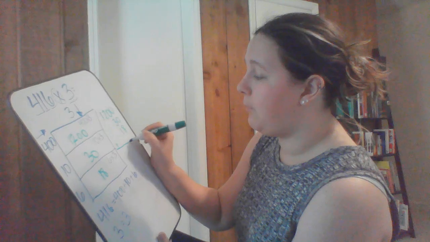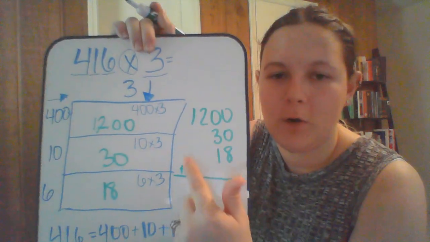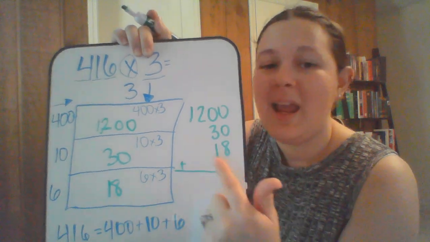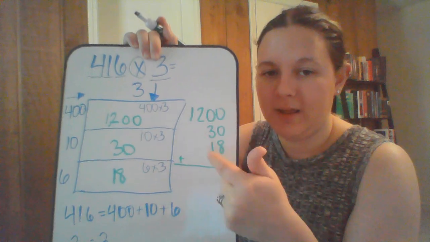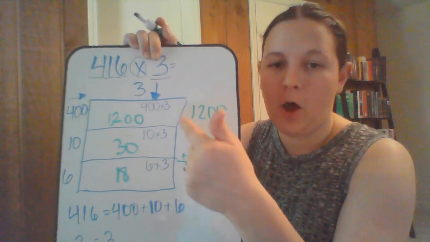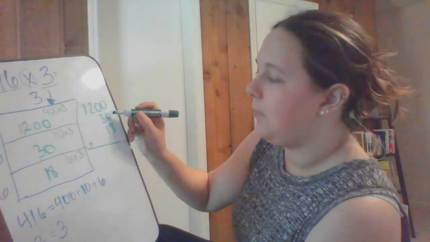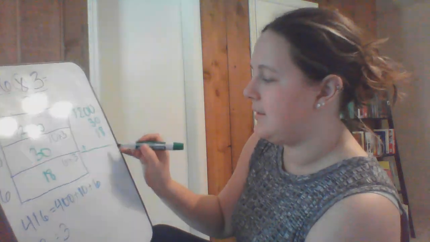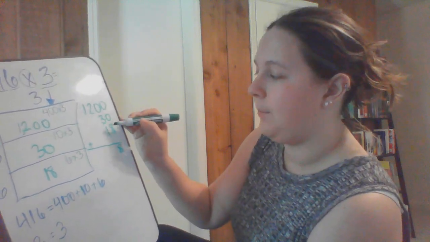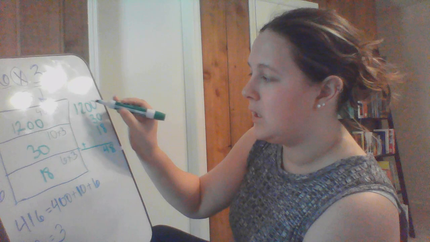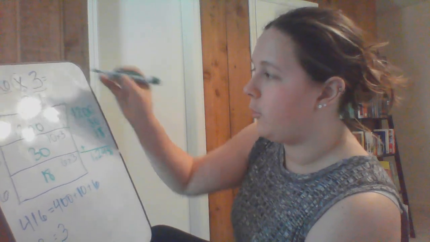Remember, it's very important that you have them in line. If you put your 18 over here in the 12 place, it's going to make your answer completely off. Make sure all of your ones are in a row, all of your tens, all of your hundreds, all of your thousands. Once you've got it like that, you're going to go ahead and add. 0 plus 0 is 0. 0 plus 8 is 8. 0 plus 3 is 3. 3 plus 1 is 4. 2 plus nothing. 1 plus nothing. So our answer is